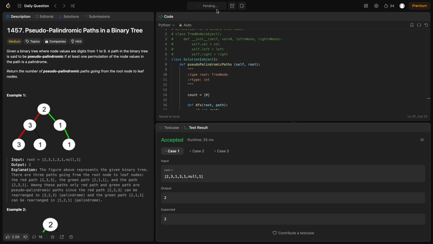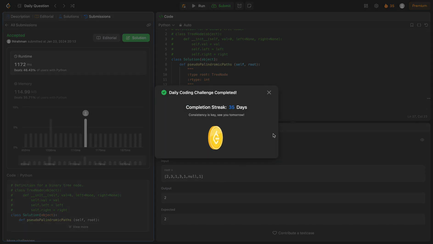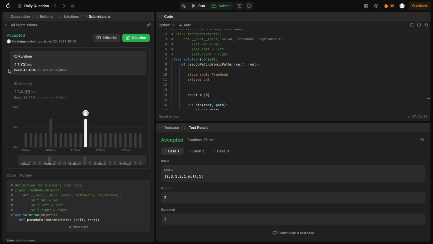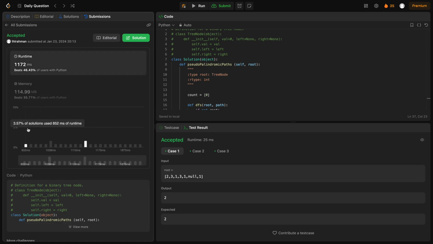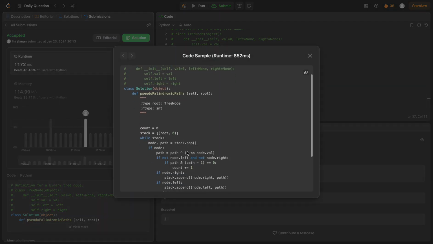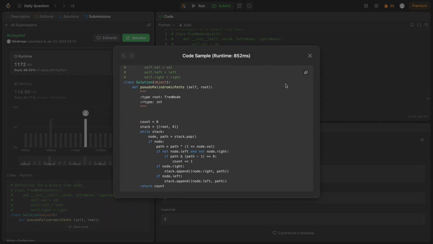Okay, let's go ahead and submit. Okay, and it's decently fast. The thing with Leetcode is that these don't really mean anything. Like if we look at this, it's probably the same. Okay, yeah, I guess they did it iteratively with